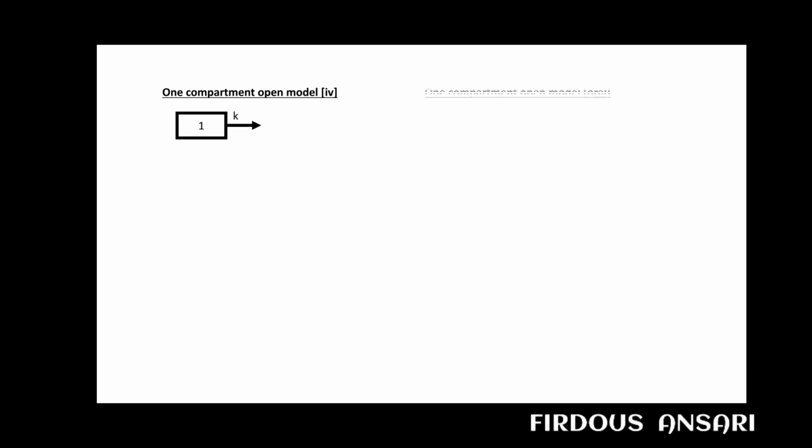Now we consider another model, a one compartment open model, but here the drug is consumed via oral route. Okay, so this is the compartment. Since it is consumed via oral route, we need to take into consideration Ka, the absorption rate constant. Why do we need to calculate the absorption rate constant? Because here the absorption is not 100%. Since the drug is consumed via oral route, there are chances that a small amount of drug will go unused or get wasted because of first pass metabolism. Next, after absorption there will be K, the elimination rate constant.